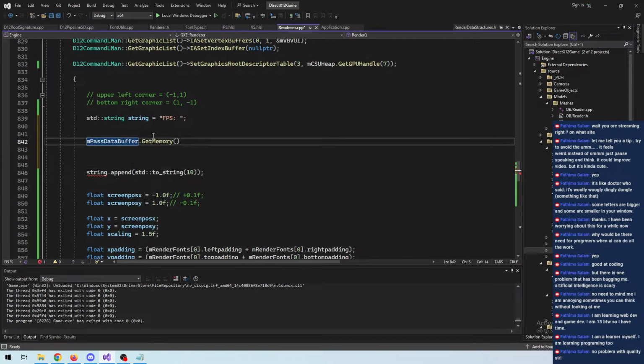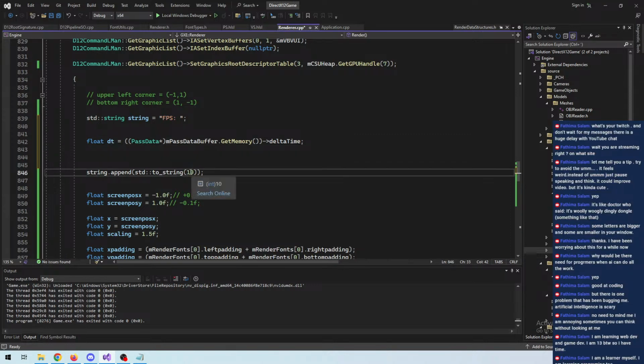So if we cast our thing to a pass data pointer, and we ask for the delta time, we now have our